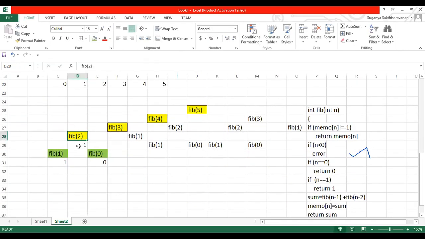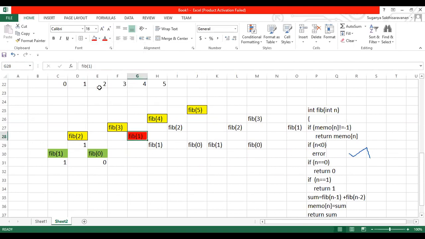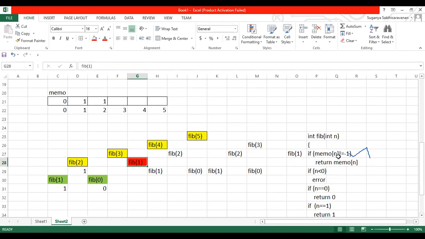Again, this part is over. Now I'll come here. I can notice that fib of 3 is a collection of fib of 2 and fib of 1. I already know what fib of 1 is, so we are not going to calculate this part. We are going to take the value from the existing memo. I'll check whether fib of 1 is not equal to -1.